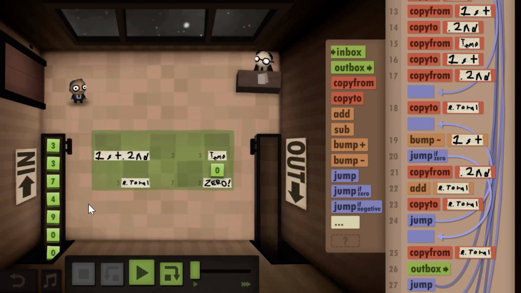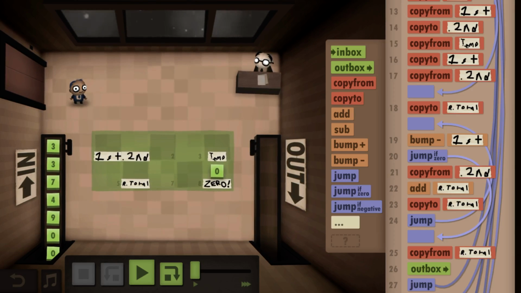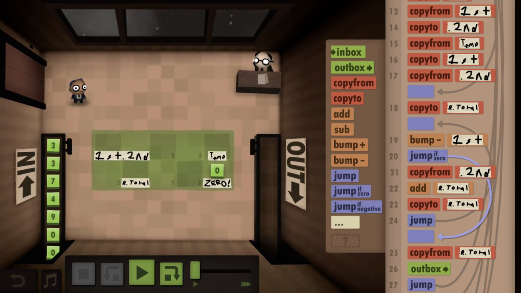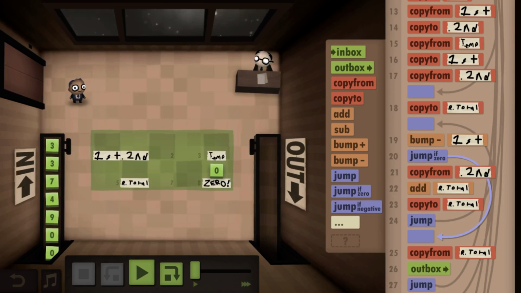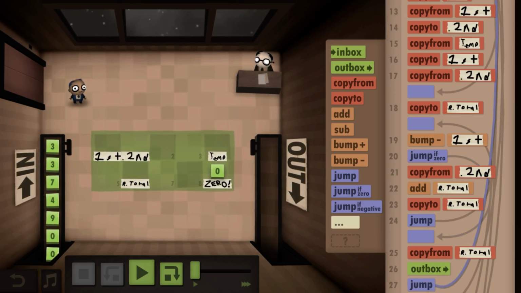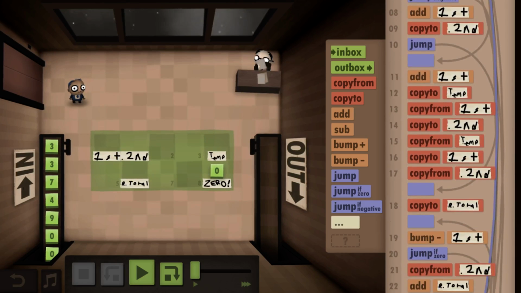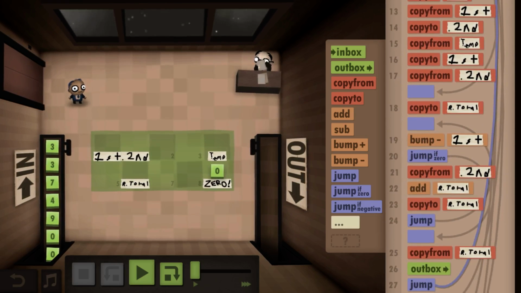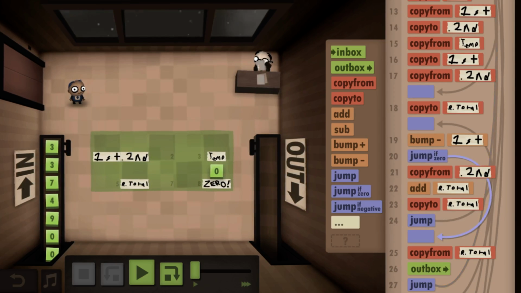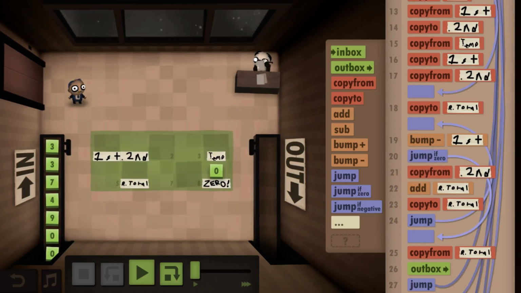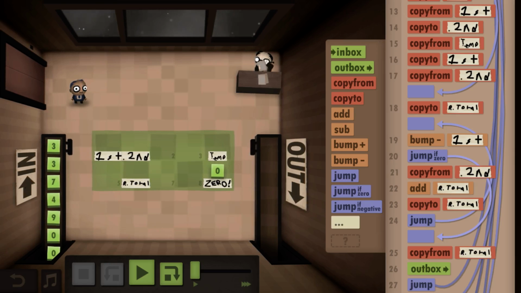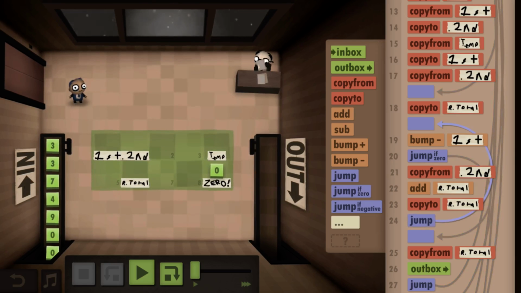So it bumps down first, checks if it's a 0. If it is a 0, it would go to this point, get the running total, and outbox it, and then jump back to the beginning. If it's not a 0, it then copies the second number and adds again, and then copies it to running total, then jumps back.